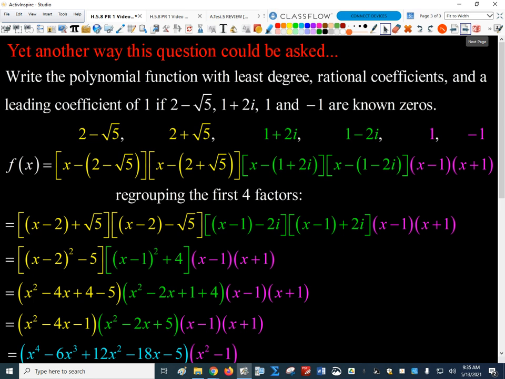The other way we could do this one would be to say something like this. What if they gave me slightly different information? They're telling me the leading coefficient is 1. They're telling me that 2 minus 5, square root of 5 is a 0, 1 plus 2i, and this time they're giving me the 1 and the negative 1 also as known zeros. Then they would say something like, write the simplest possible polynomial that comes from that. Well, that's just going to be the product of the factor that comes from this 0 and its conjugate. So the same 2 yellow factors that we had before, the same 2 green